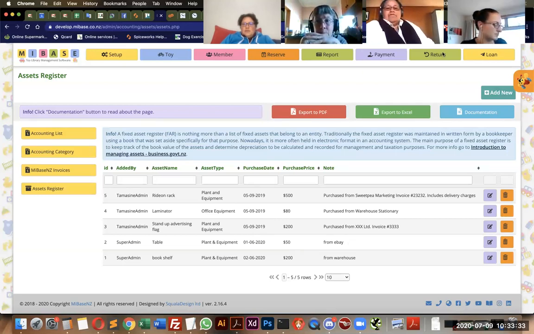Like everything else, you can add new here, you can edit one you already have, and you can also delete when you don't have the item anymore. If the item is broken or you sold it, you can just delete the asset and go in your accountant list and add that you sold the old computer, related to the asset register ID number, and so on.